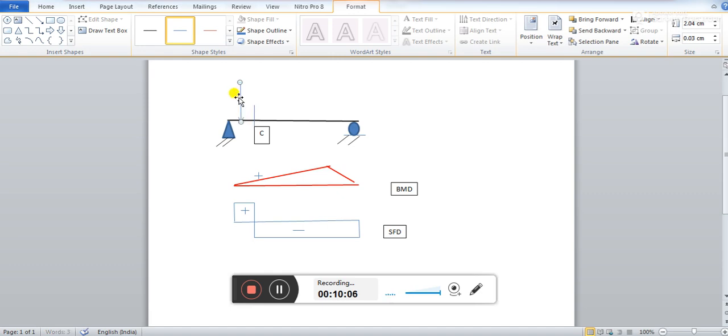When the load is here, what will be the bending moment at C? When the load is here? When the load is here? If you carry on the movement of this load and find out the bending moment at C, the diagram you will get